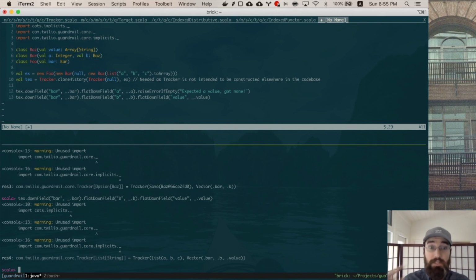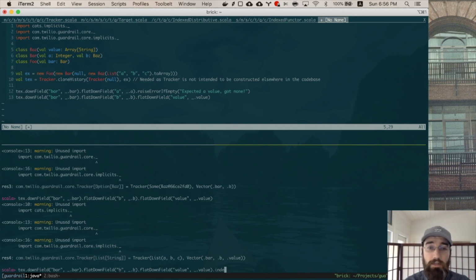It's fine that we're indexing into optional values and flattening the options in the list together, because in most cases, all we really want to do is get the sequences of fields out of these Swagger structures and map those into case classes, fields, or constructors for objects and things like that. As a result, transforming this into a tracker of list string is very useful, primarily because we can do something cool,